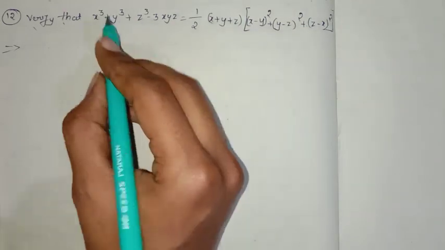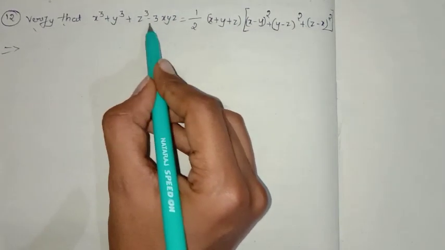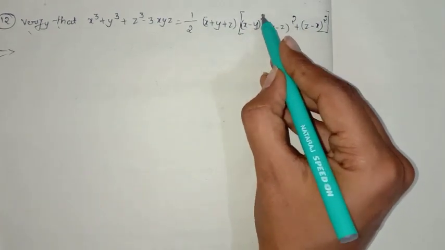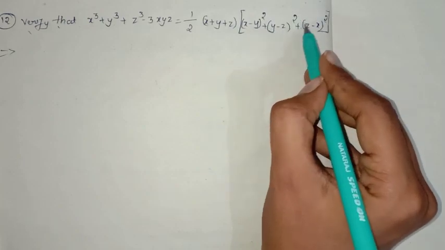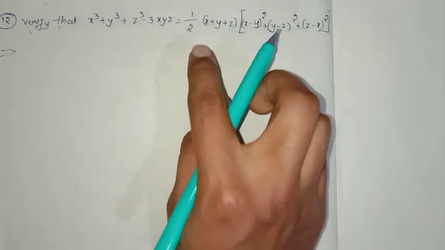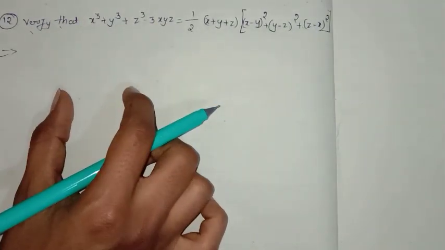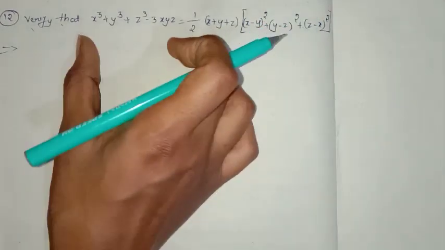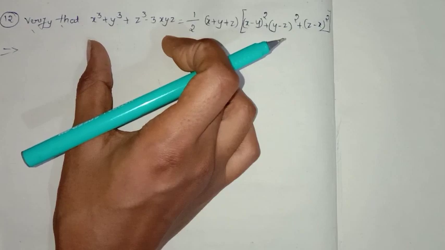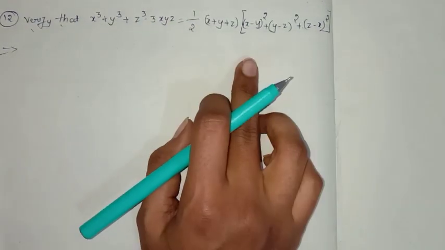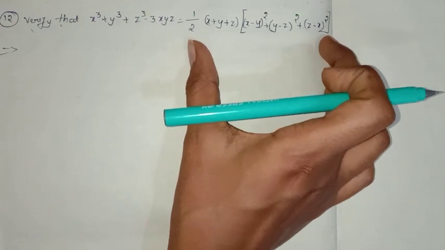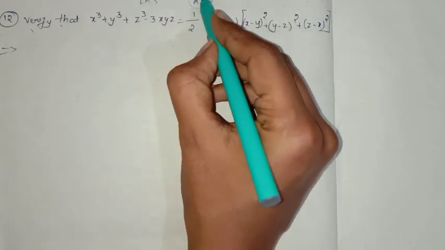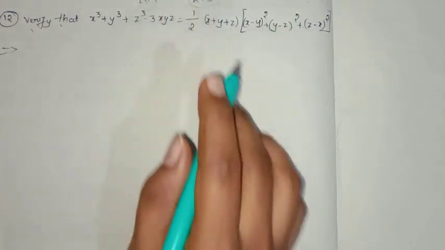So the method is, now you think x cube plus y cube plus z cube minus 3xyz equal to 1 by 2 times x plus y plus z into x minus y whole squared plus y minus z whole squared plus z minus x whole squared. Now if you take the LHS side, is it possible to split it further? No, it is not possible because it is a shorter one. So we can't apply the formula there, because we have to prove LHS is equal to RHS. Then is it possible to start from the RHS and solve to get LHS?